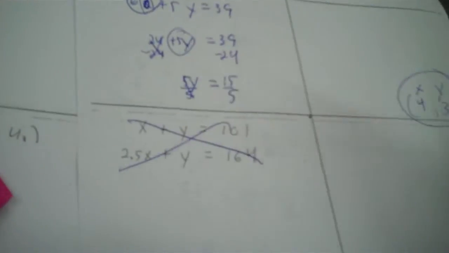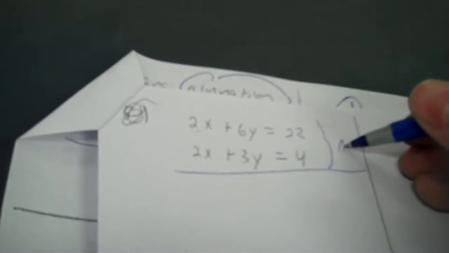Okay, cross this next one out. We don't need to look at that one. Okay. Let's go over 2 more. Okay, add. 2 plus 2, that's going to be 4. 6 plus 3 is 9. Well, what do I do now? Well, check to see if you have the same number in front. I do right here. So if I was able to change this to a negative, then 2 plus negative 2